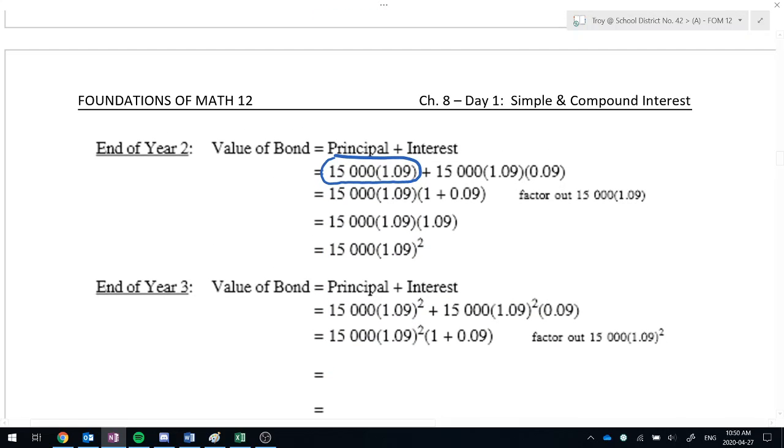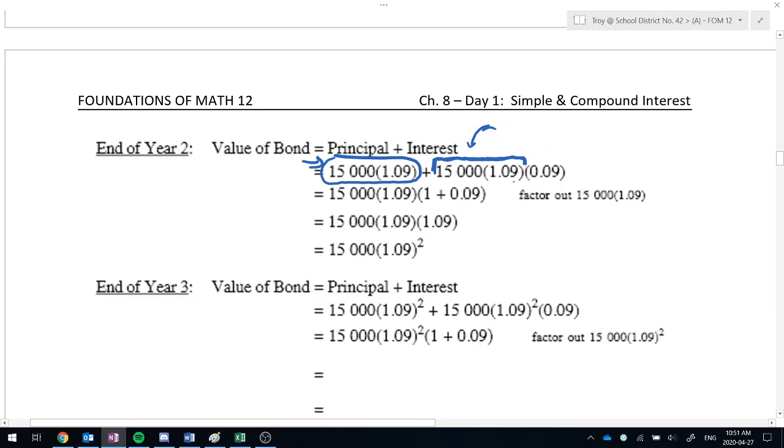But now what we're doing is we're taking that, and to that we add, not the original amount, what we have here again is the same as right there. That's the amount of money we had at the end of year 1,